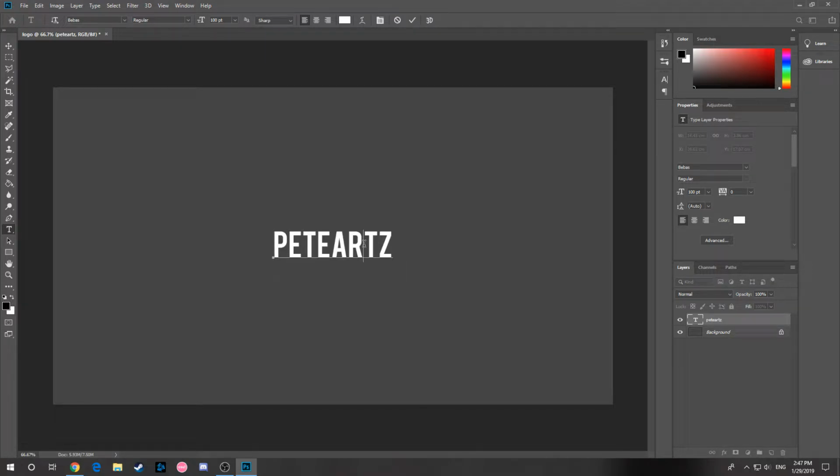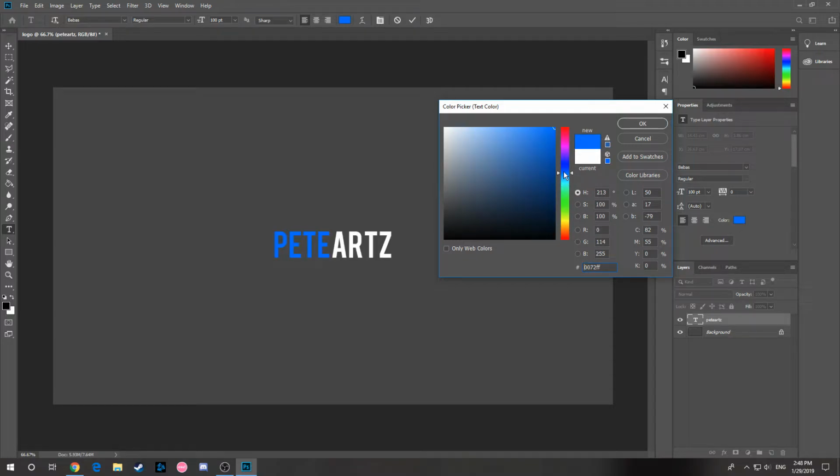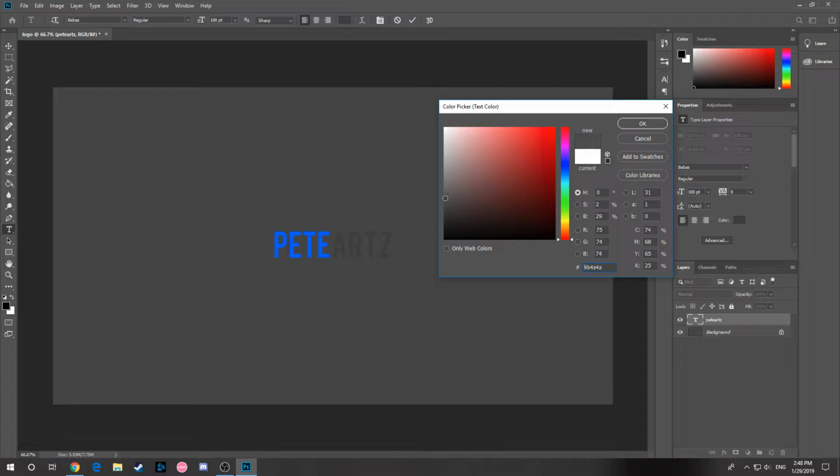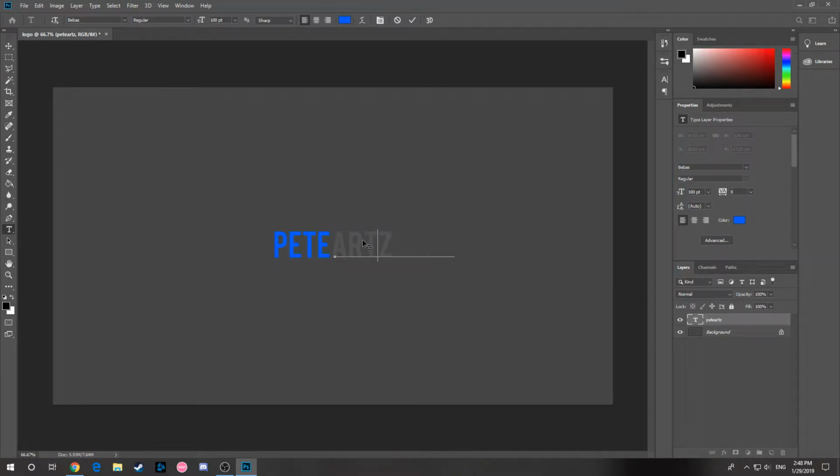Now you have two choices. I can split up Pete and Arts and change them into two different colors, or you can just keep it in one full color if you want. That's honestly your choice, your preference, but I'll be using two colors. So if you're using two colors like me, select one portion of your name, like how you highlight it, go up to the colors place, and then select the color you want. And since I like blue a lot, I'll be using the color blue. And as the second part of my name, I'll be using a grayish color because white doesn't really look nice. And yeah, after you're done with that,